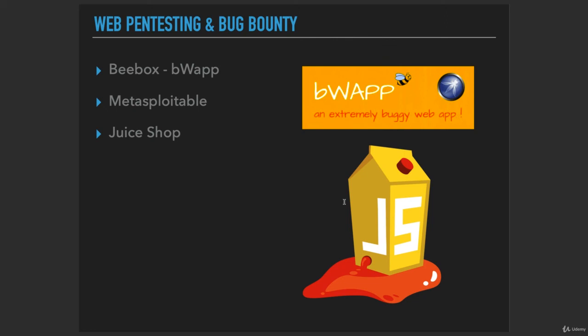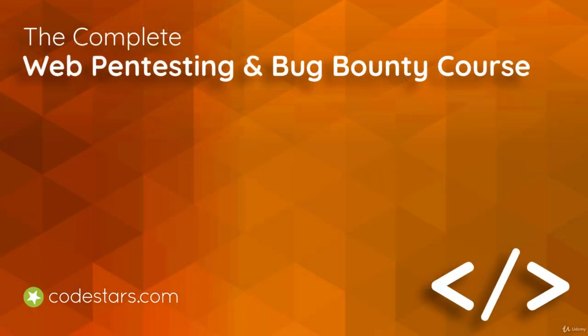And at the end of the course, as I said before, we're going to see how to gather information, and in the last section, we're going to see how to submit our findings, our reports, to the sites that may give us some bounties as well. So my suggestion is that you follow along with the course, don't skip any sections. If you are really certain that you know what I'm going to talk about, then of course you can just skip it. But if you're starting from scratch, just follow along with me. Now, if you are ready, let's get started.